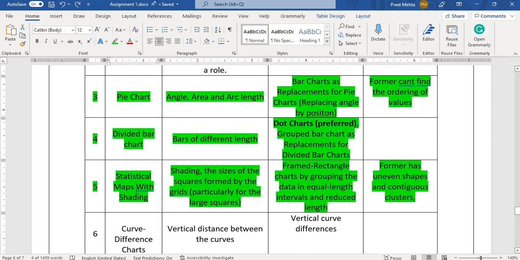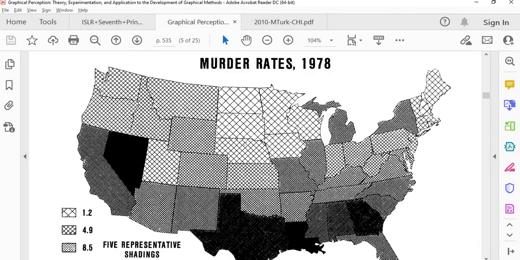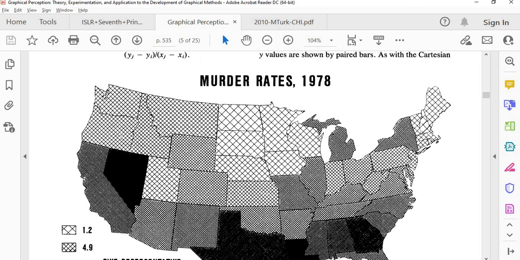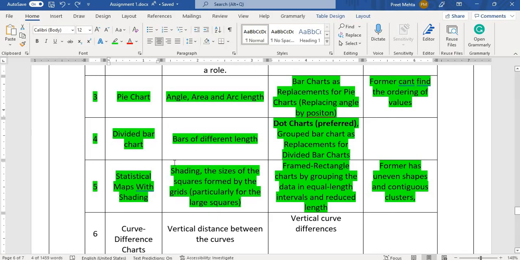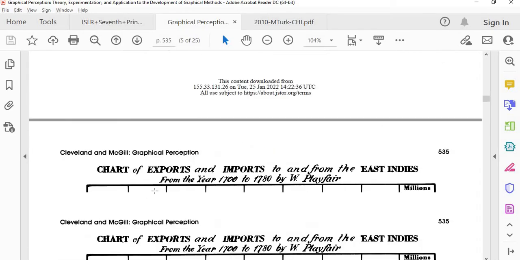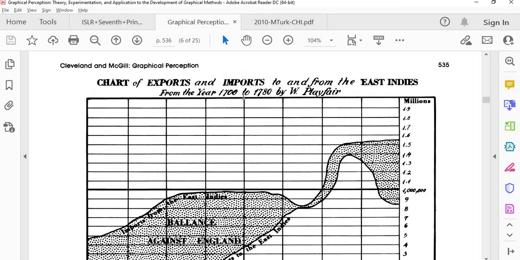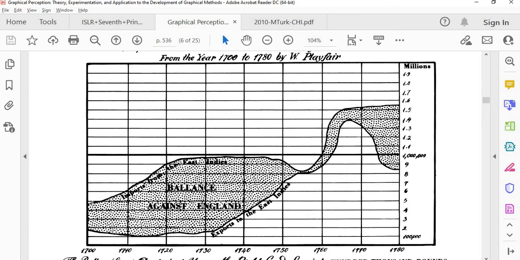Then comes the statistical map with shading. This is how, let's say, the map of the US and the murder rates are shown in the form of different shades. Then come the curve difference charts. These are two different curves of export and import to and from East Indies from 1700 to 1780. A human brain's tendency is to subtract both these values and find the net import,